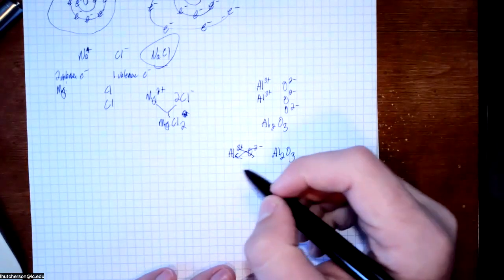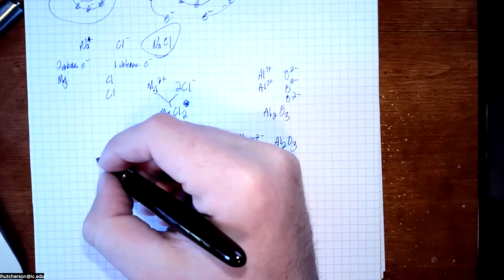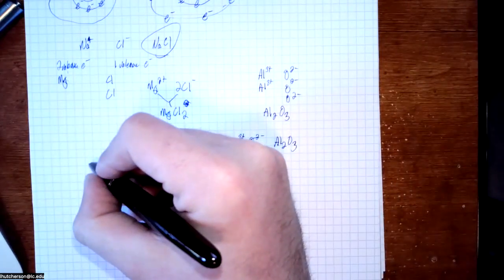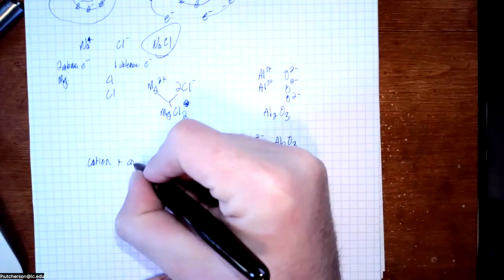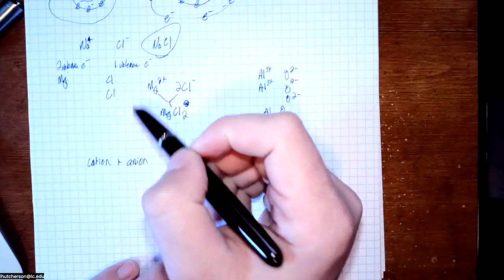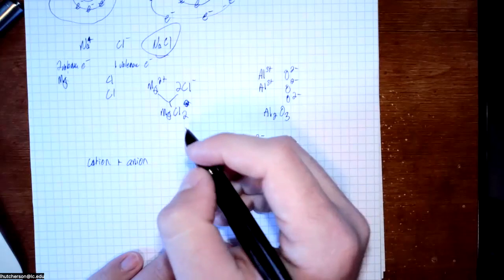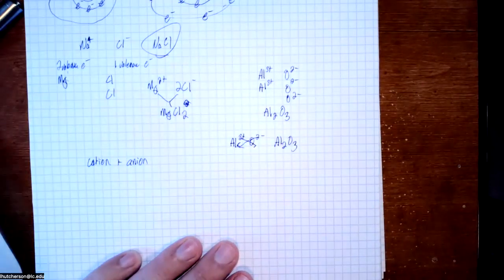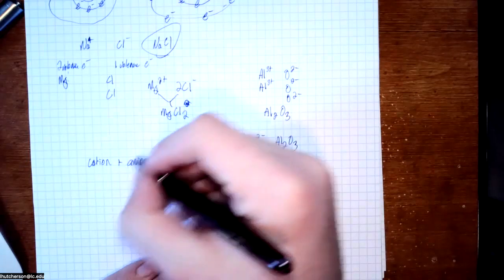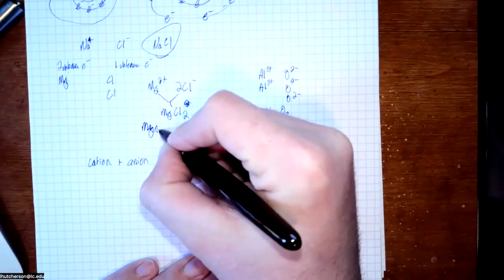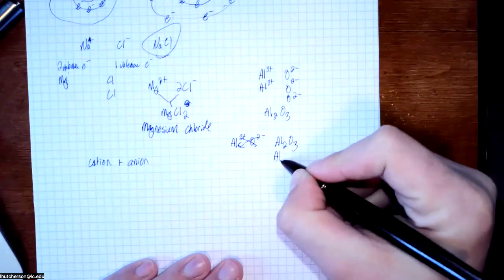All right, let's talk though about how we name ionic compounds in general. So ionic compounds follow the general rule of, to name them, we name the cation, and then we name the anion. All right? So magnesium chloride, okay? Now, they can only come together in this MgCl2 formula. By the way, we will make this compound in lab and determine its formula, but they can only come together in this ratio. So we just have to call this magnesium chloride. This one is aluminum